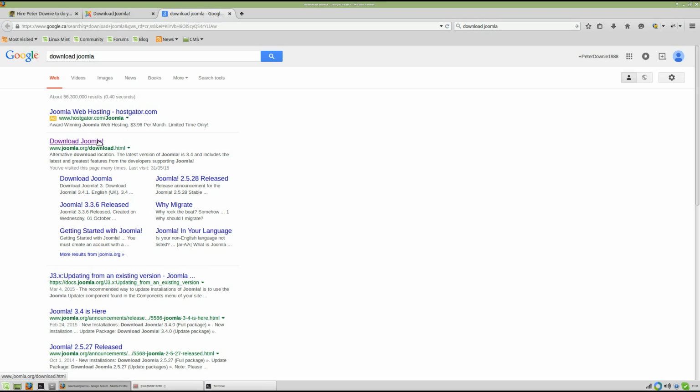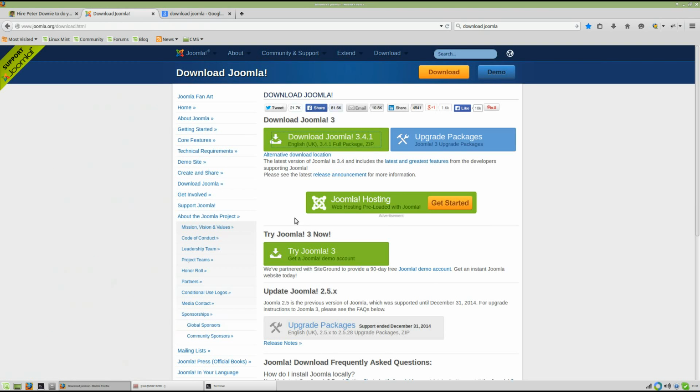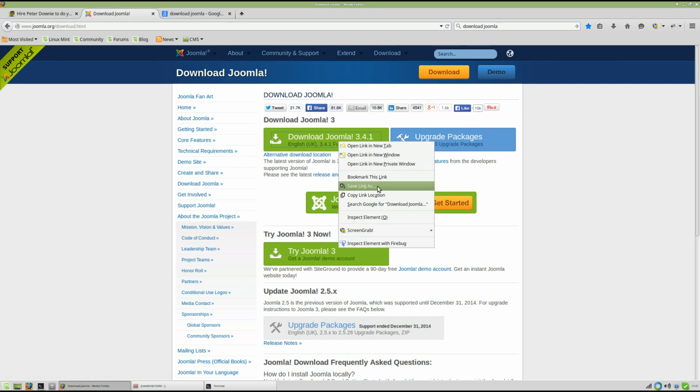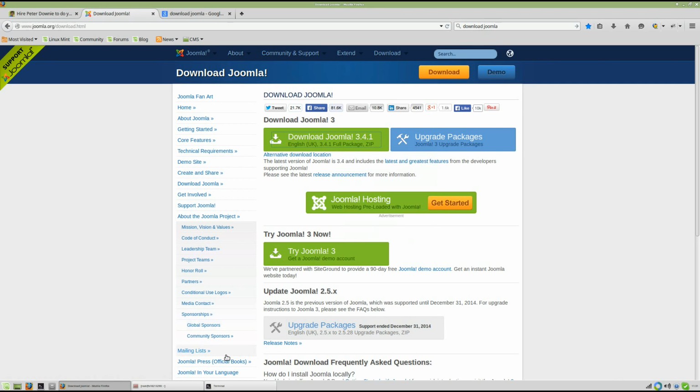So you want to download Joomla. Type "download Joomla" into Google and click on this, and it'll come up with this. Now you want to download Joomla, so copy this link location, and then